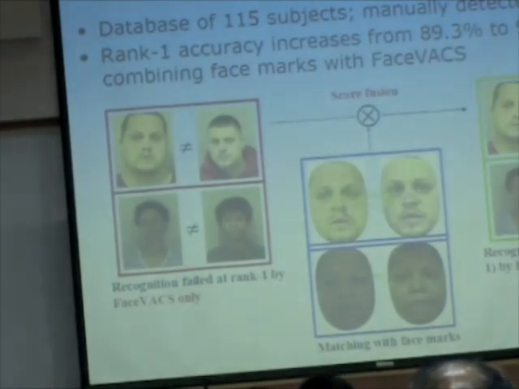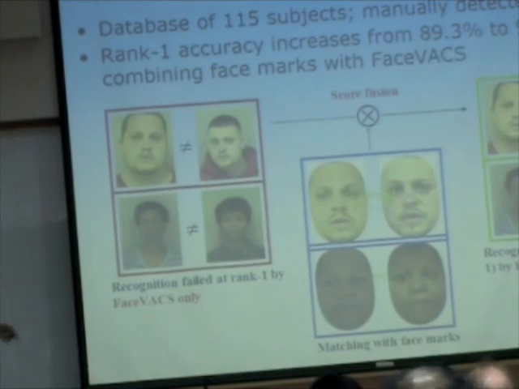So here I'm showing you 2 suspects here. 2 different images of the 2 suspects. So they're both in the database, right? And when we do matching using Cognitech, they don't match at rank 1. But then when we also extract some facial marks, and match the facial marks